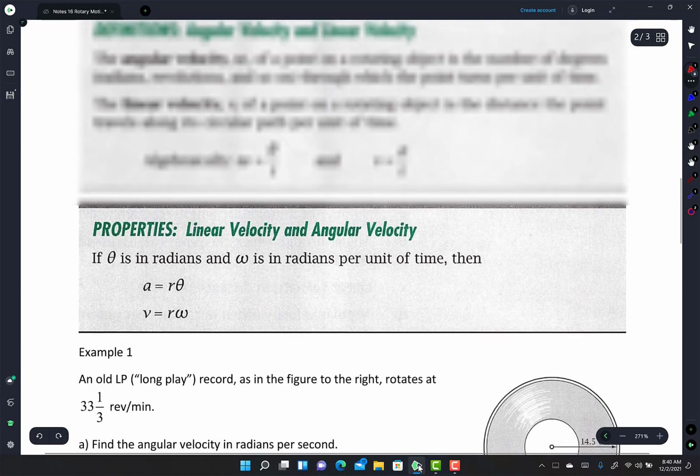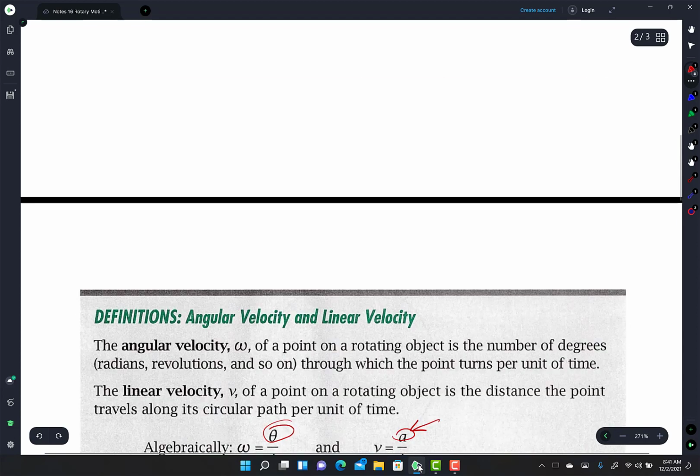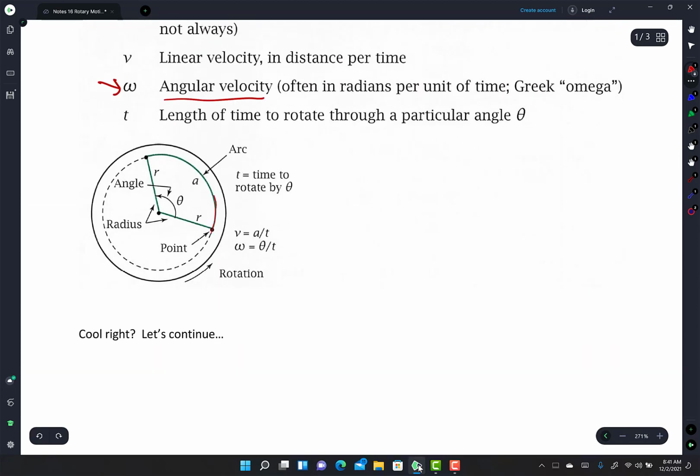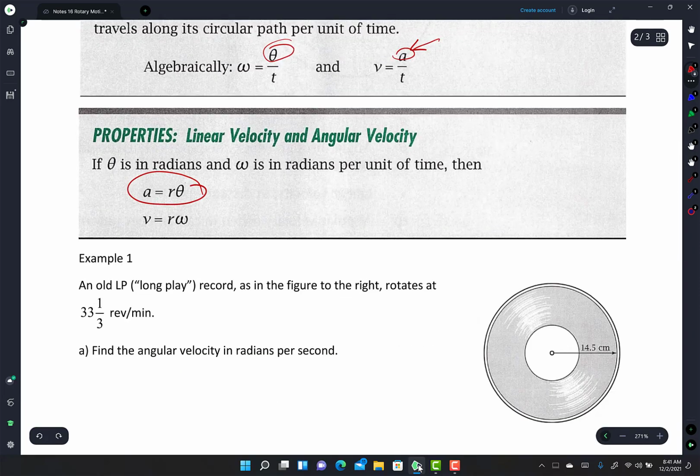They give you more formulas, and they're like, oh, algebraically, your omega is your theta divided by time. Yeah, because that's how much you rotate divided by time. And your linear velocity is a divided by time, where a is distance traveled. Because they told you over here, oh, look, there's the distance traveled. That's an arc length. And then they told you down here, oh, look, your arc length is r times theta. Guys, these formulas come from somewhere. Look, I'm not even going to mention, well, I guess we're mentioning formulas right now. But look, where did arc length